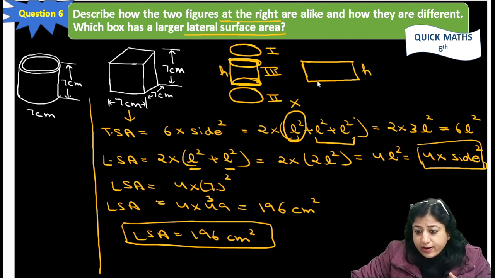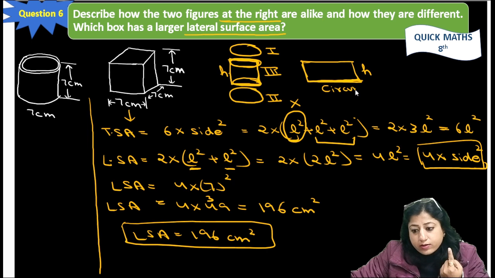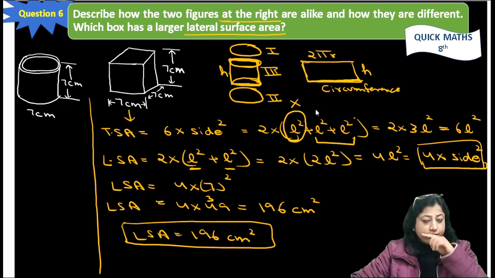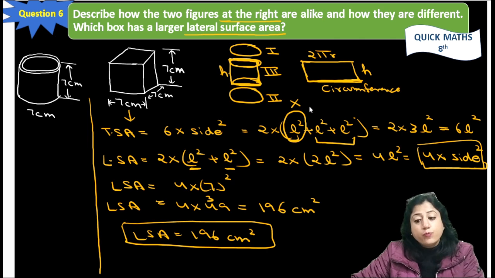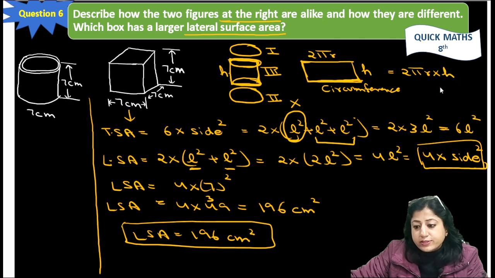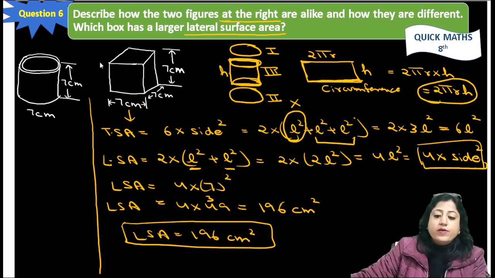This will be folded to become the complete circle, so it will be a circumference. And what is circumference? Circumference is 2 pi r. We just put the formula of circumference, 2 pi r. So about this we can measure the area. Area of this rectangle will be length into breadth, 2 pi r into h. So it will be 2 pi r h.